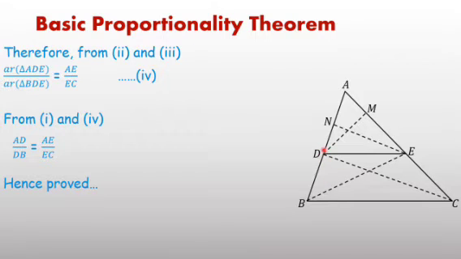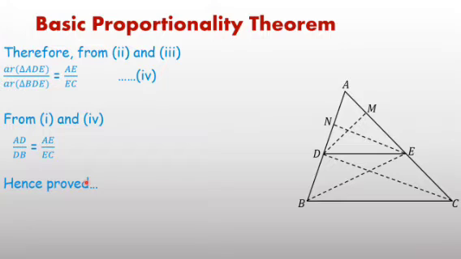Third equation, on base DE, between the same parallels DE and BC, there are two triangles. One is DEB and second is DEC, having the same area. Then with the help of second and third, you are getting equation 4. Then from first and fourth, the LHS is the same, therefore you are getting the final result. It is known as BPT or basic proportionality theorem.